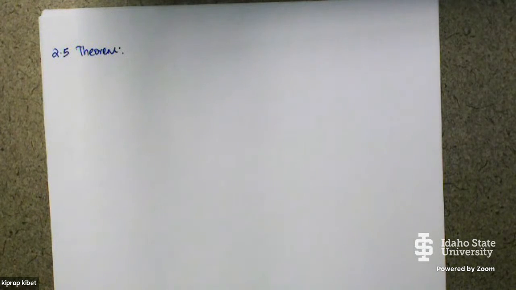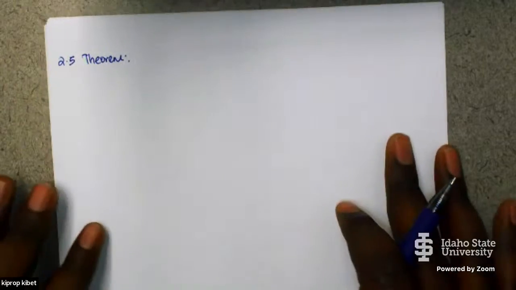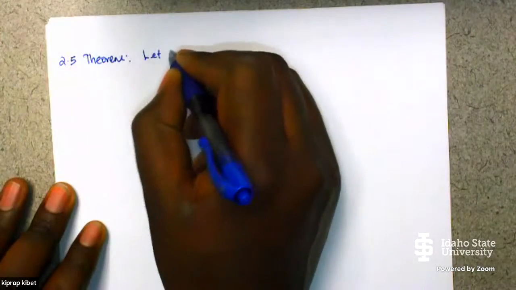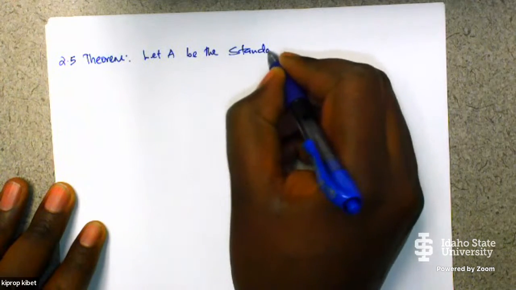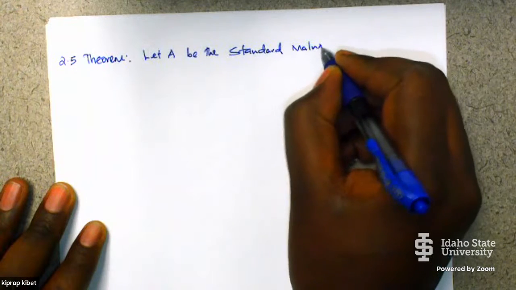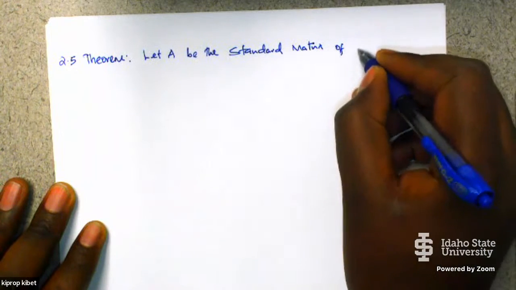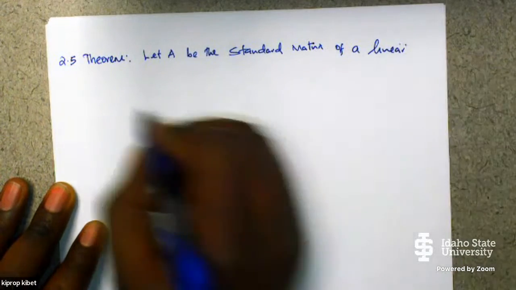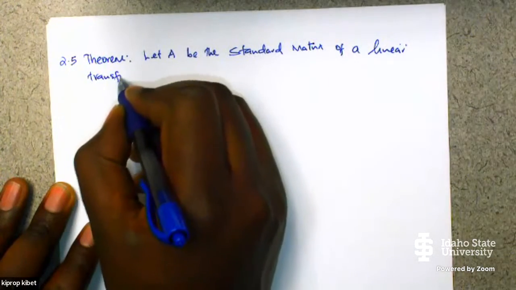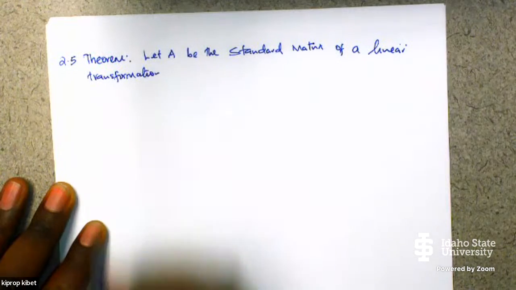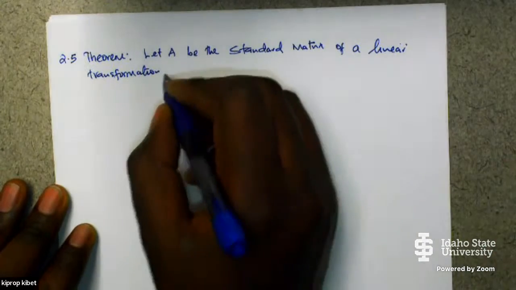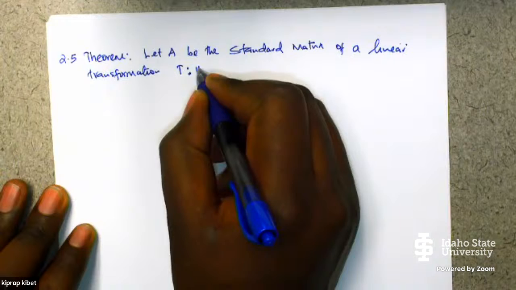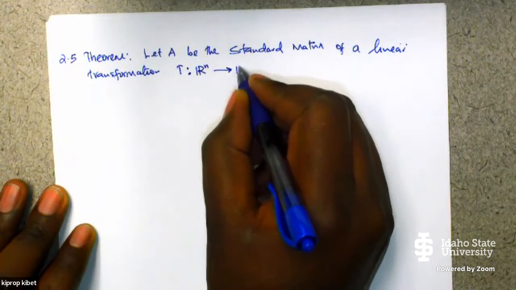Okay, let's continue from where I left. So let's look at Theorem 2.5. If we let A be the standard matrix of a linear transformation T from Rn to Rm,